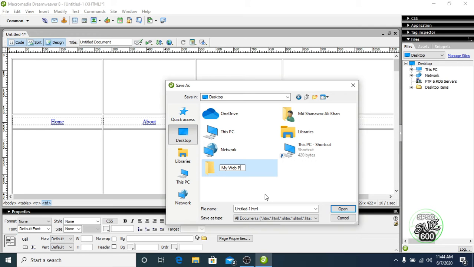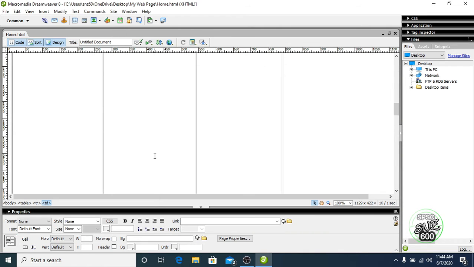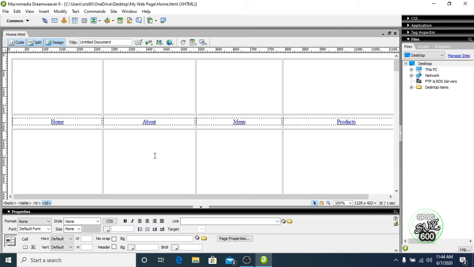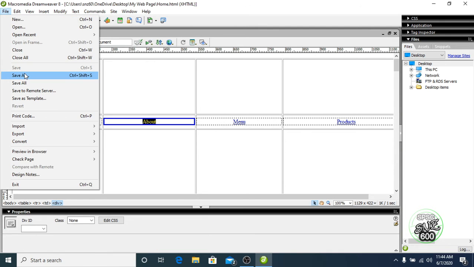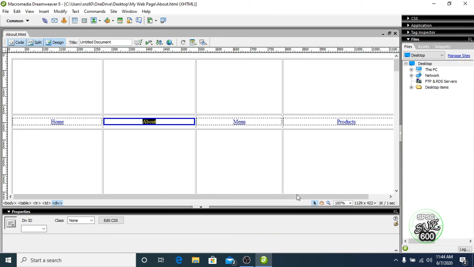Click on this button. The first one will be home.html. Save it. The second one will be about.html. Save as that.